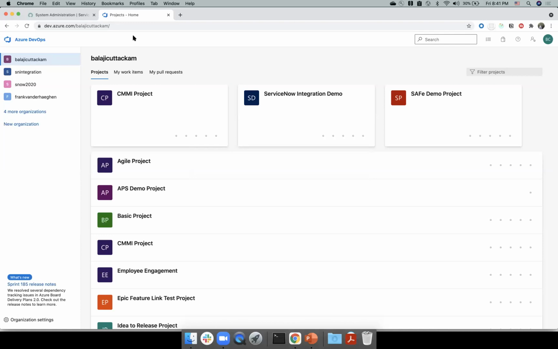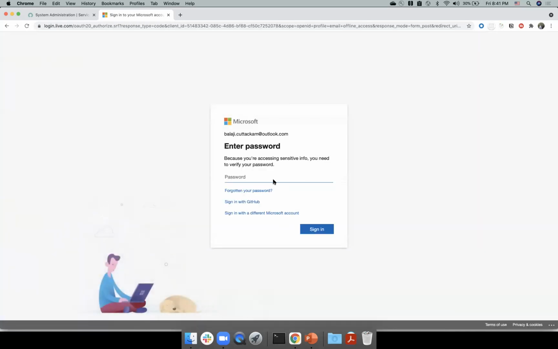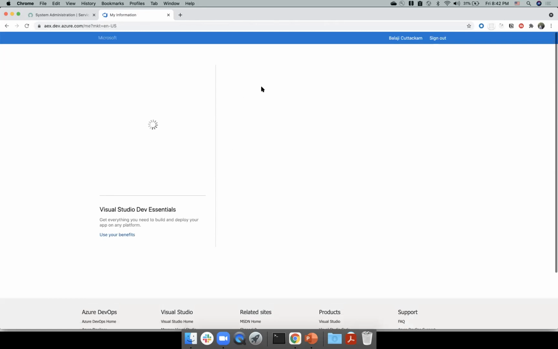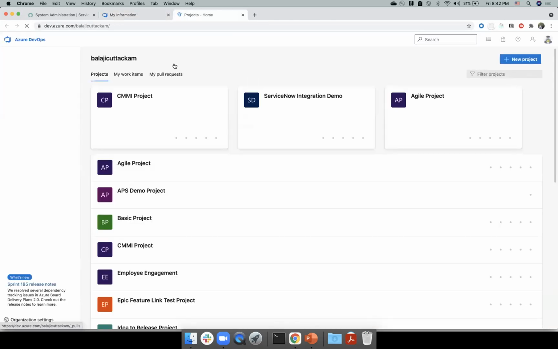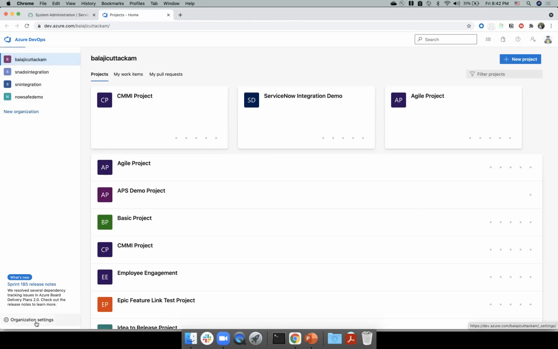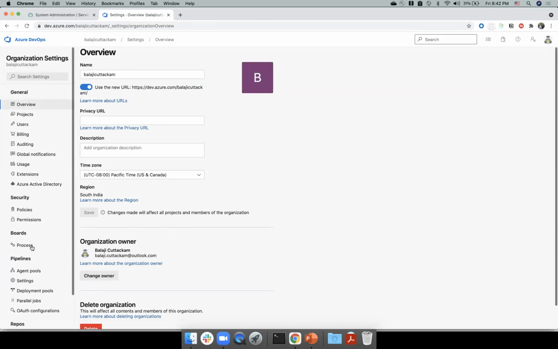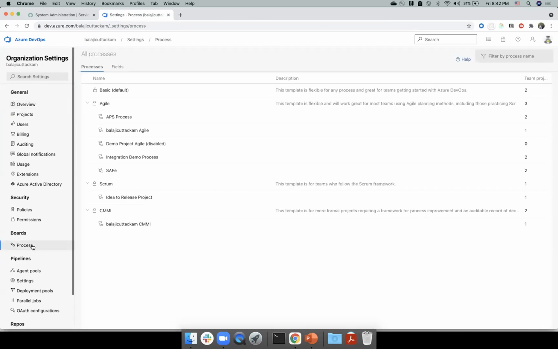This is my Azure DevOps instance. So let me switch to a different user who has more access. All right, so this is my Azure DevOps instance. This is the organization. And if I go to organization settings, you see there is something called processes, right? So I was talking,